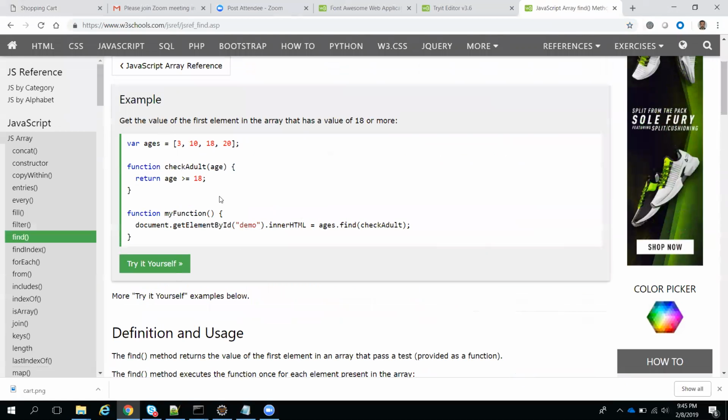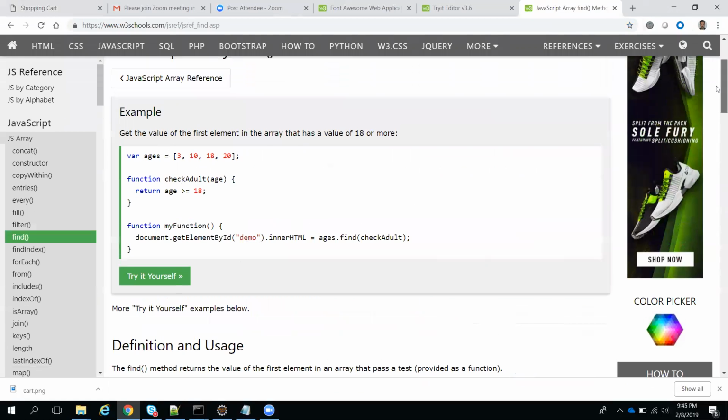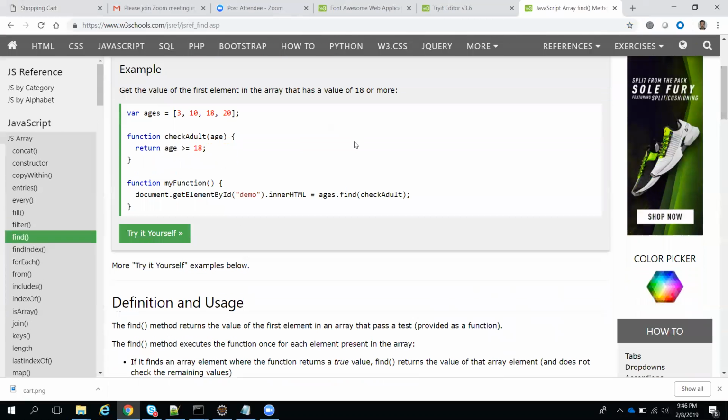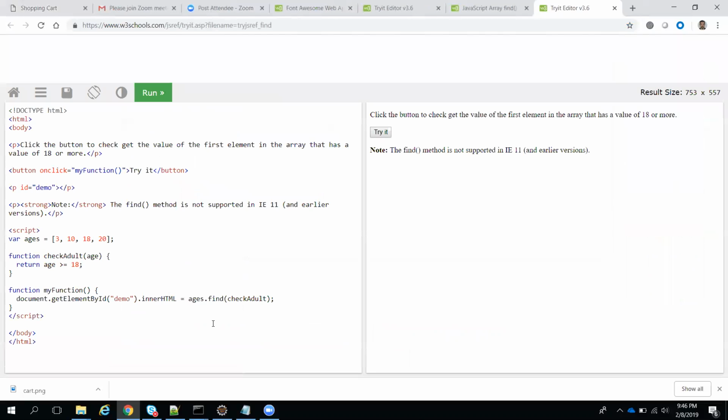See what this find is doing: inside this we can define one function to check whether that particular element is matching. There is an arrow function we can use inside this. I told you earlier we have some arrow function. Instead of writing this function, we can directly write an arrow function here. For example, I will change this one to an arrow function.